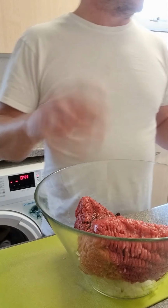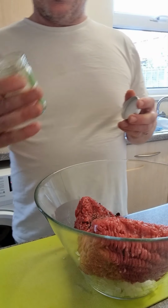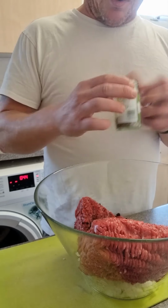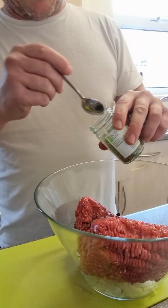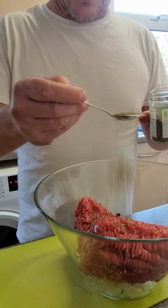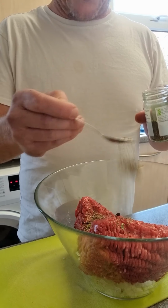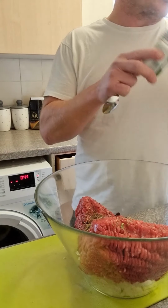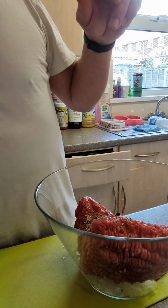Probably about a teaspoon I use roughly. Some herbs, mixed herbs. I'll probably use about 2 teaspoons. Generally I don't normally measure, I just do it by guesswork. But let's have a look. 1.5 teaspoons will be plenty, I think. Don't want it overpowering. And also, secret ingredient,